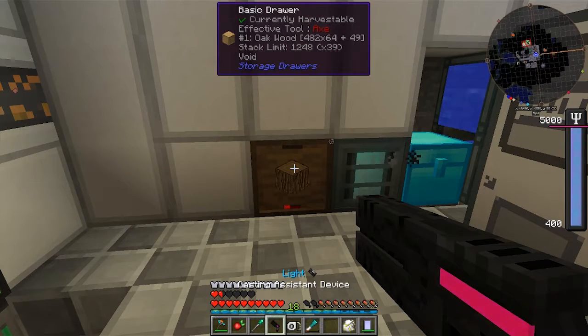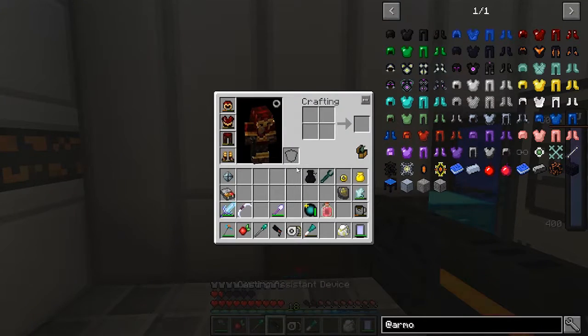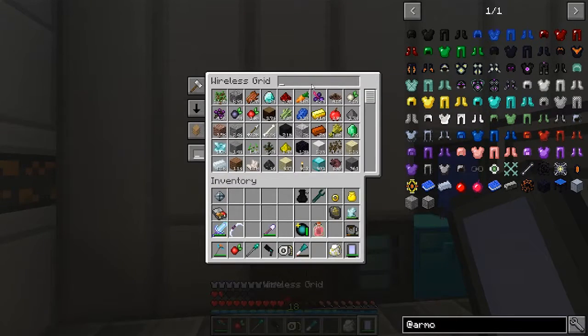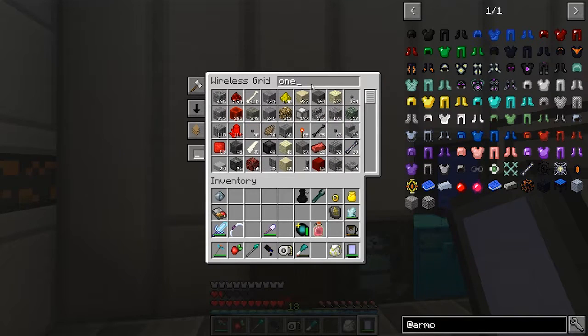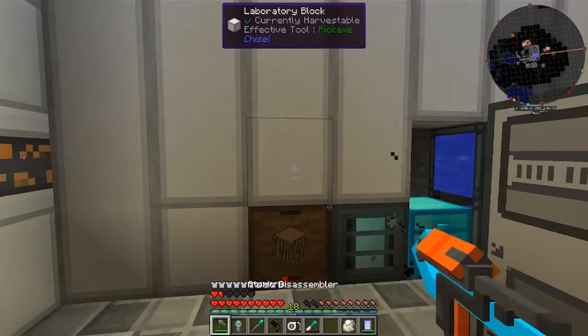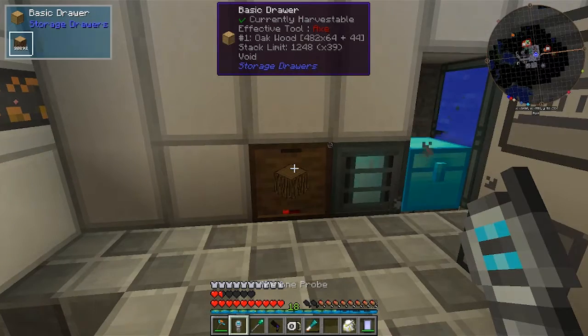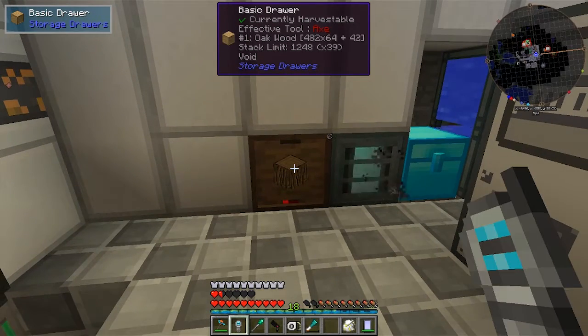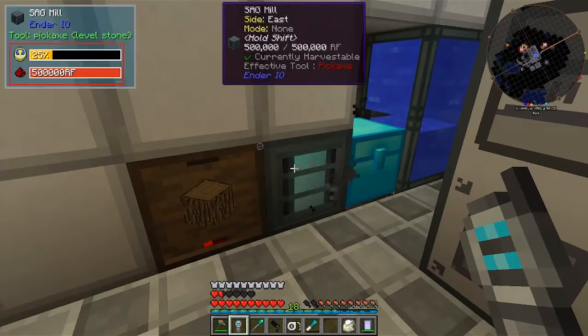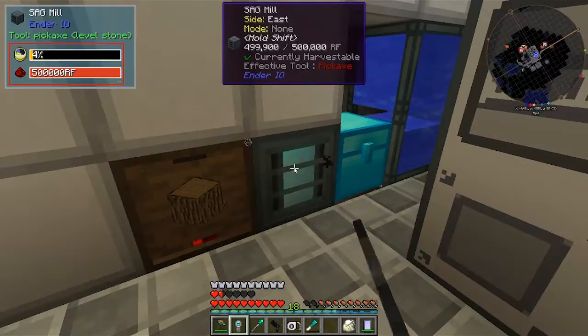They've actually reinstated Waila on this version of the mod pack, but for some reason it's not showing me what the contents are, so I might just get my probe back out of the drawers and see what that says. No, it won't tell me. Okay, let's go into it then. Is that just lagging, or...